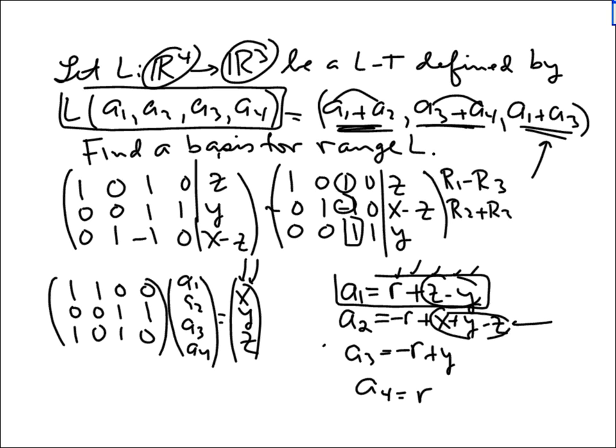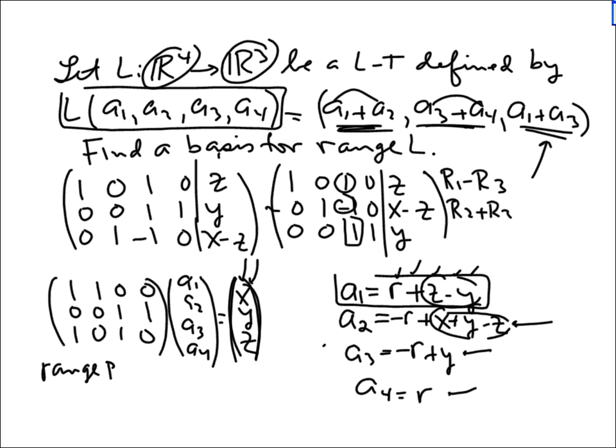I can calculate x plus y minus z and add that to negative r. And I can compute negative r plus y. And I can compute a value for r. That is a1, a2, a3, and a4. There were no constraints on x, y, and z. All right, so